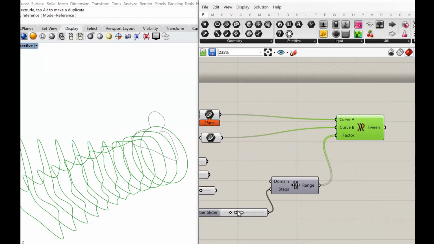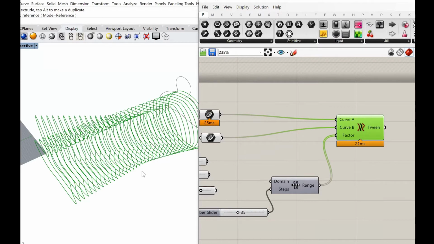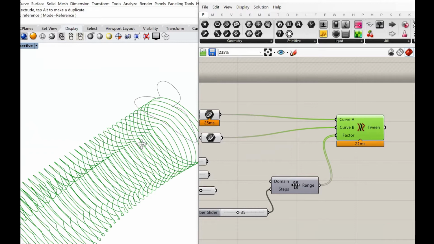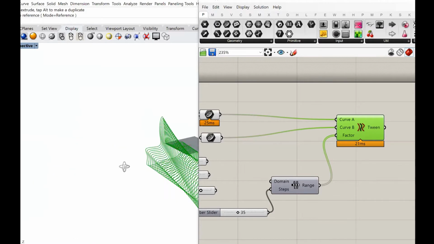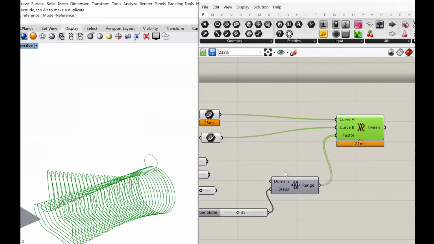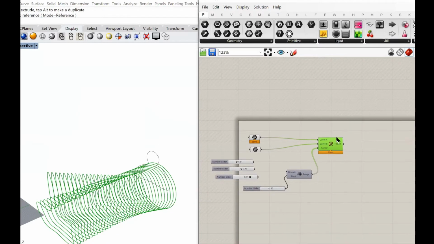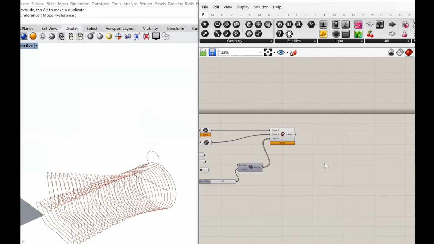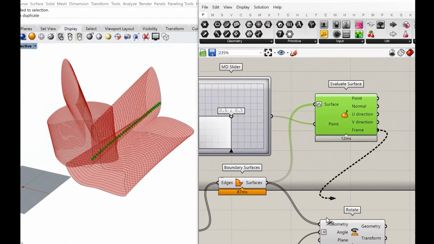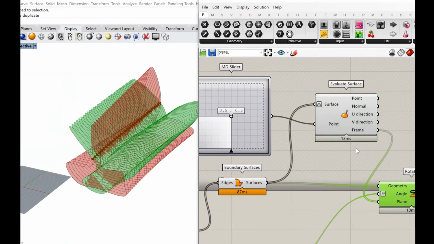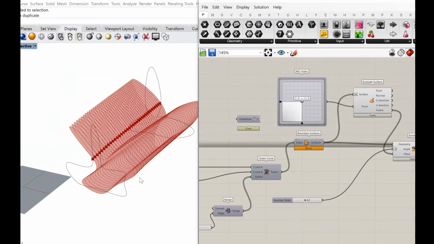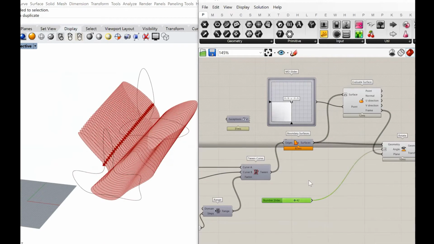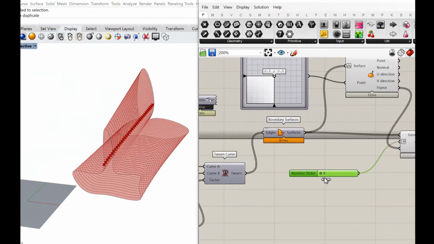I'm able to create these kinds of sections of forms. And now let's say I want to do something to these. Let's say rotate these or twist these or scale these. Now I can just start to play the data around using anything. For example, if I want to rotate them, I use these as my planes. So if I hide the original ones, what's happening here is I'm able to rotate everything by a certain angle.